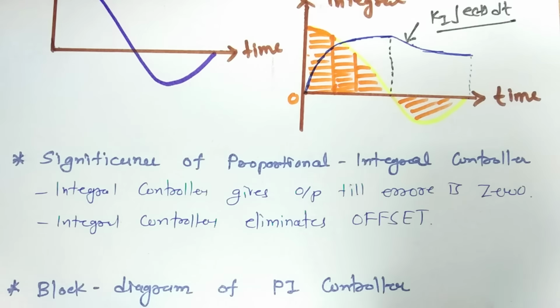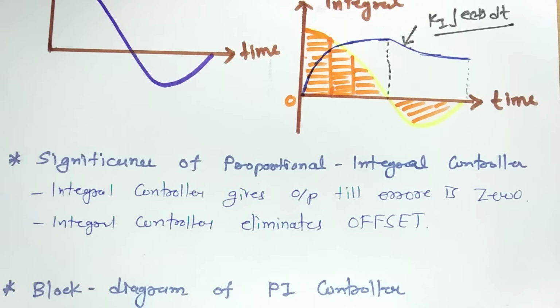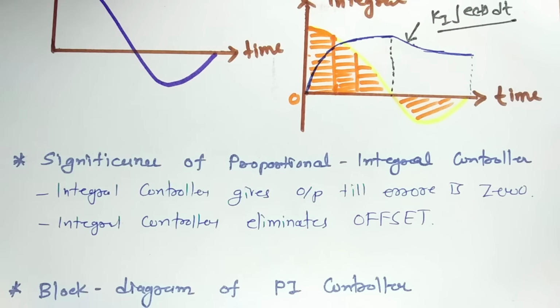and that is what we have seen in the last session for proportional controller. So proportional controller was facing the problem of offset, and that is what is eliminated by integral controller. So PI controller is providing nullification of steady state error. So we can say even offset is 0 or steady state error is 0.